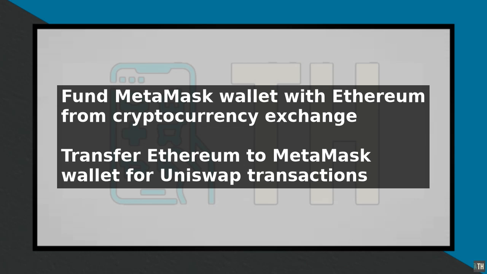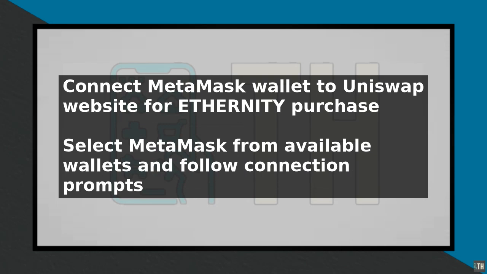Once your wallet is connected, you can start the process of buying ETHERNITY. In the Uniswap interface, click on the Swap button and enter ETHERNITY in the search bar. Select the ETHERNITY token from the search results and enter the amount of Ethereum you want to exchange for